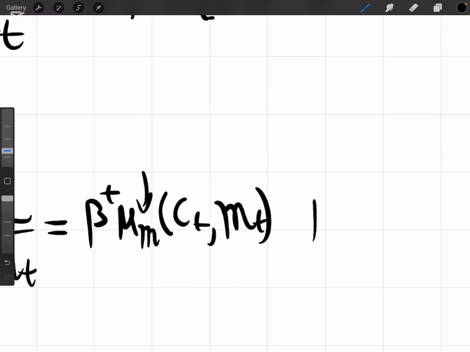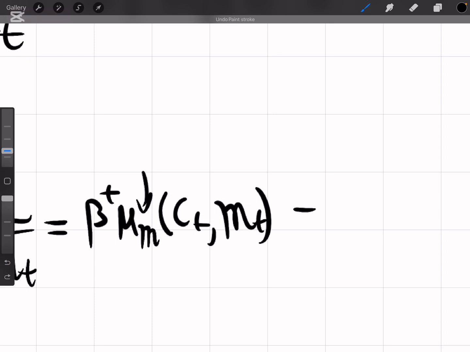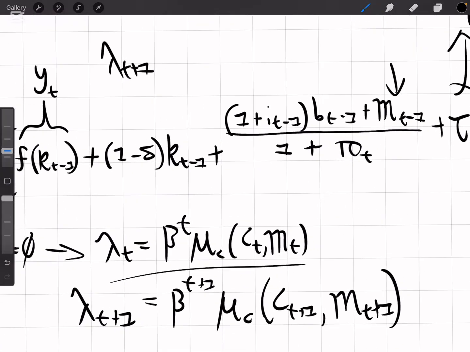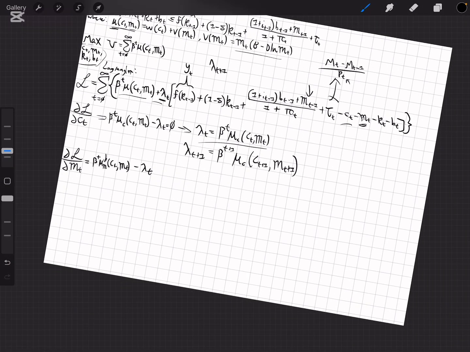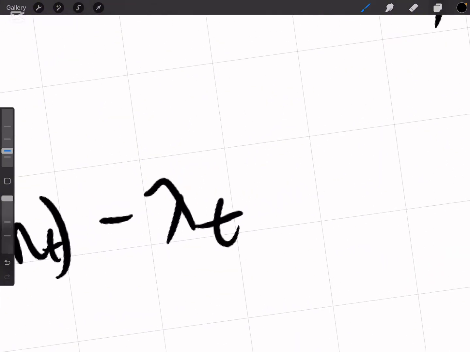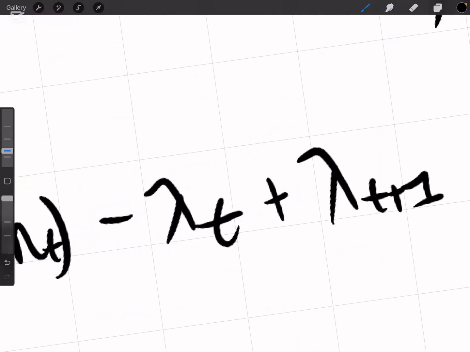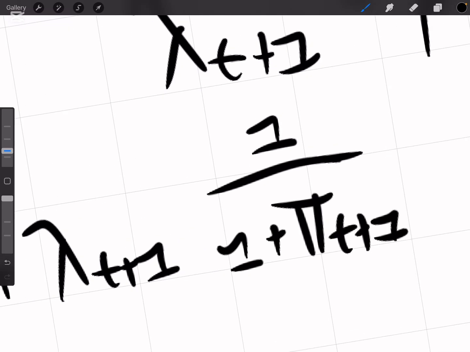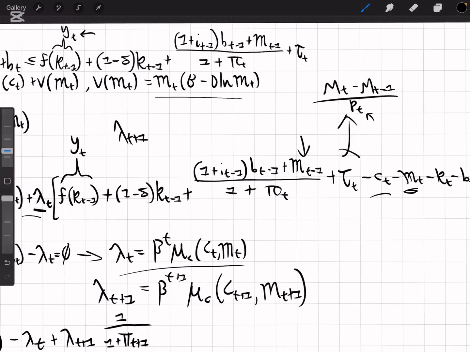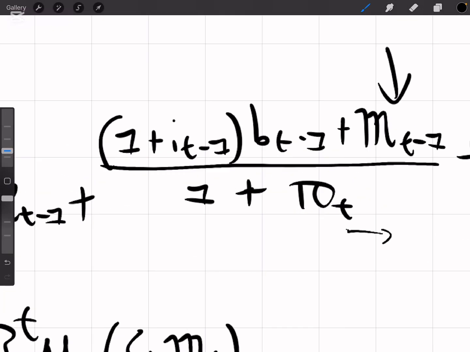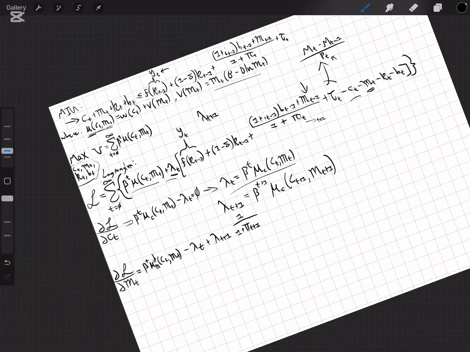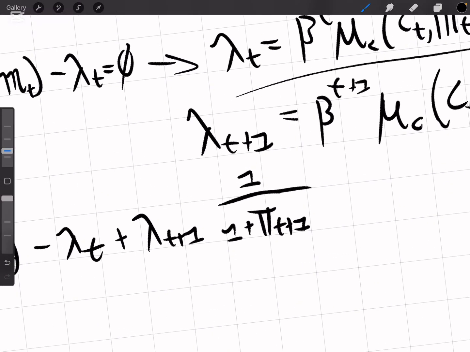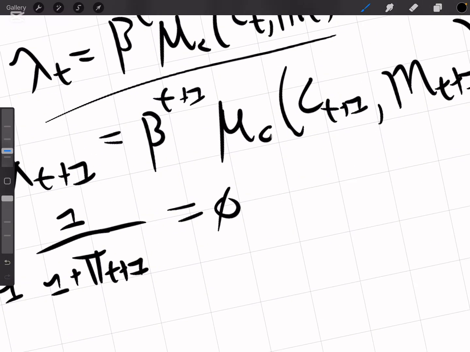So now you got plus, well, actually, no, I guess we should do less lambda t, because you're going to have the same thing coming from here, like the CT, and then you're going to have plus lambda t plus 1 times 1 over 1 plus pi t plus 1. And that's because this whole thing, that t goes to t plus 1, and obviously this goes to t, and then that falls to 1, and Bob's your uncle. This is equal to 0, and then this gives